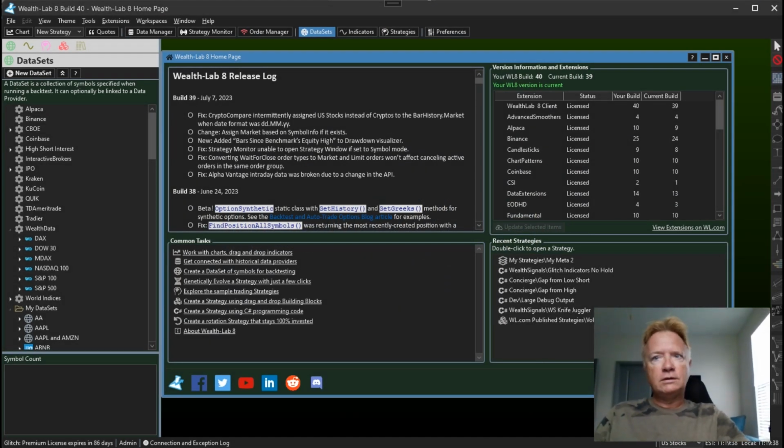Today we're going to talk about what's new in WealthLab 8 Build 40. So let's get started. The first and major piece of new functionality in Build 40 is a tight integration with